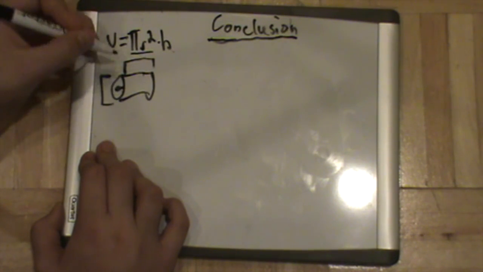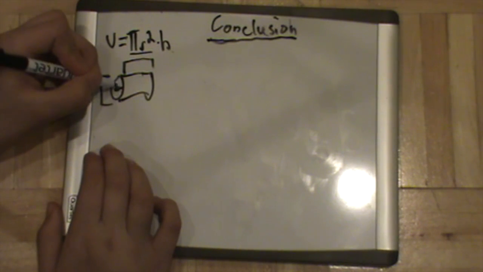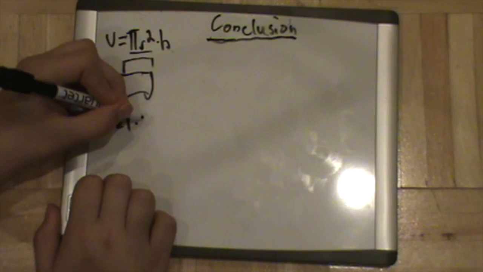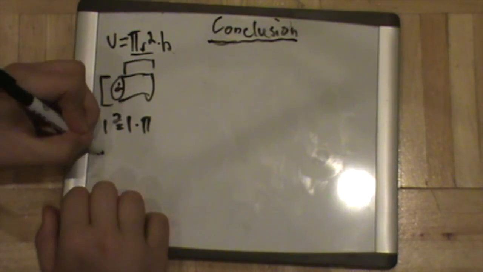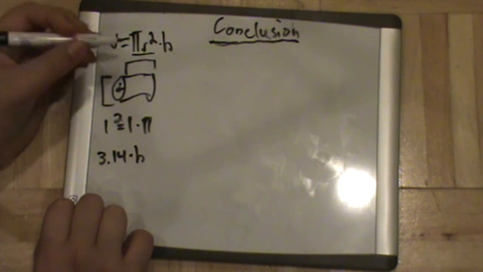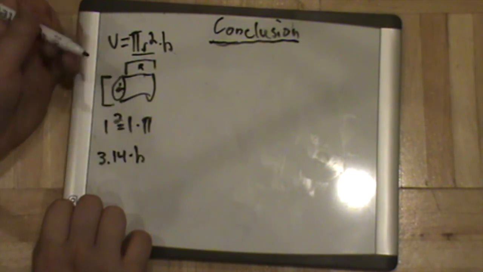So if it's 1, it will be 1 squared, which is 1 multiplied by pi, which is 3.14, and then we multiply the height, which could be anything, 1 or 2. So yeah,